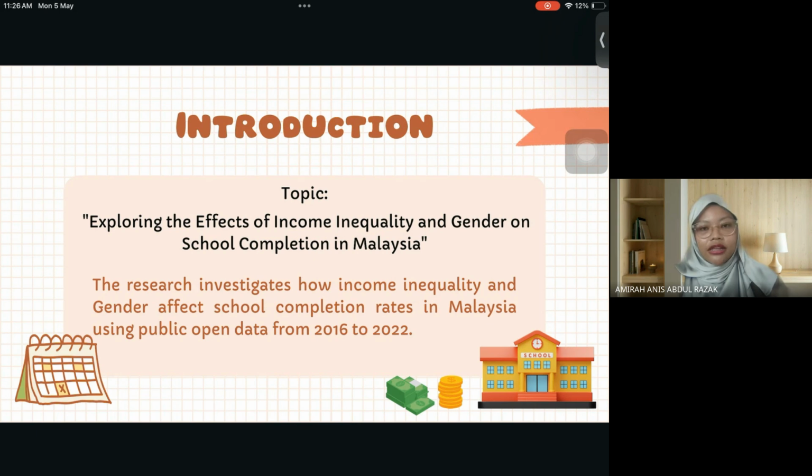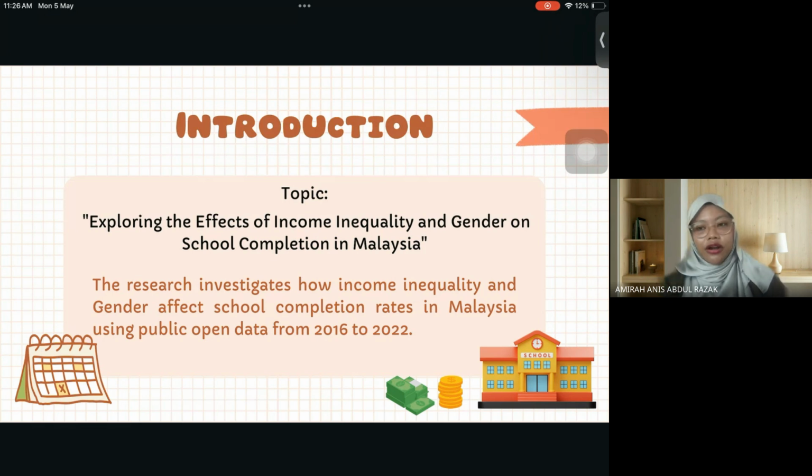To understand the data better, the article uses several computer tools and methods like cluster analysis, statistical forecasting methods, and automated forecasting tools to help us find patterns and trends. We found that students in states with lower income often have lower school completion rates. This means that income inequality plays a big role in whether students finish school or not. So next,